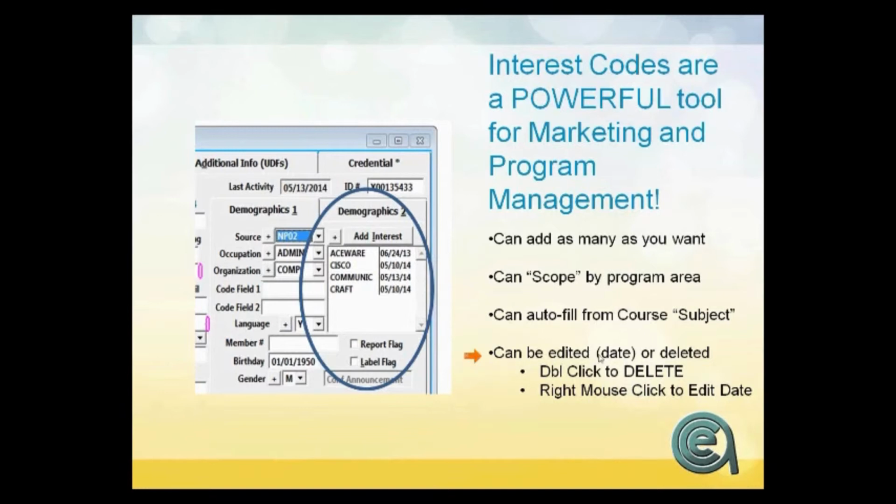And interest codes can be edited. You can edit the date by right mouse clicking, or you can remove it if there's an error or the student says, wait a minute, I'm getting